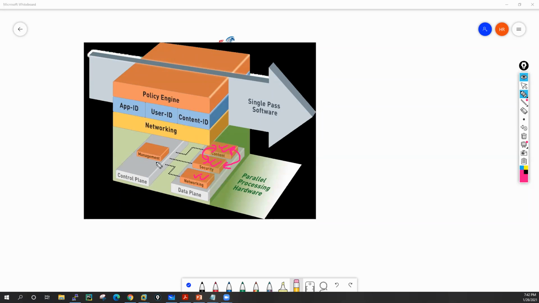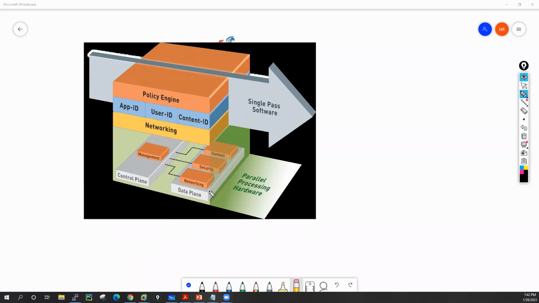Now there is also one more benefit you will get, because Palo Alto has segregated its management plane and data plane. If anyone launches any kind of DDoS attack on your data plane, your management plane is still safe. So you can log in through your management plane and do whatever activity you want. This is one benefit.